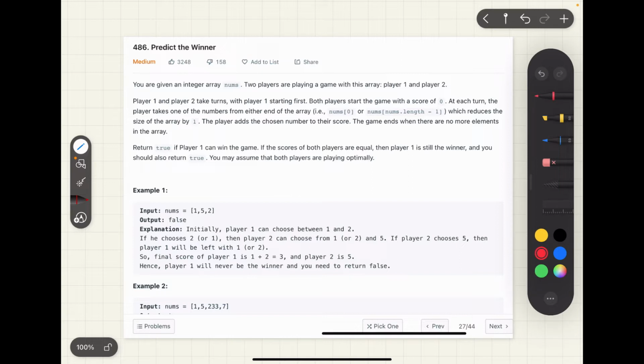So let's take an example and see how the greedy approach won't work here. We are given this example, and we can use the same example. So we are given 1, 5,